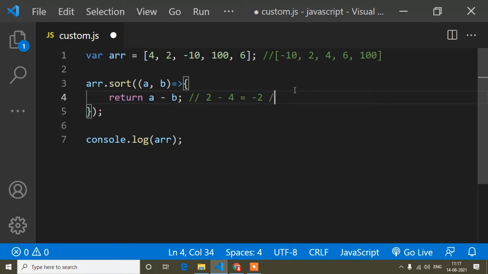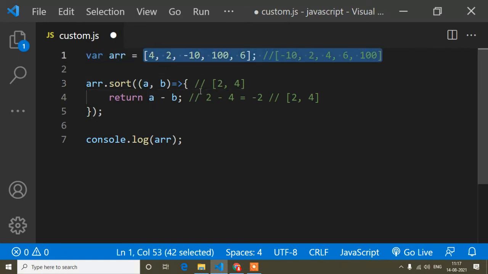So the compare function keeps the order, 2 and then 4. I mean it will not change anything in this array.